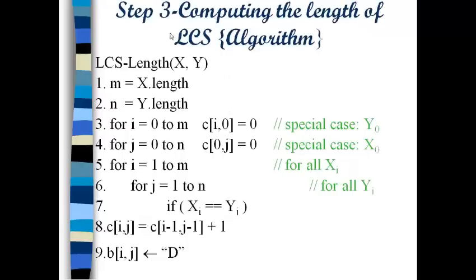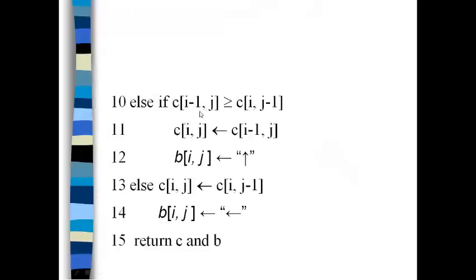Third, computing the length of the LCS, in which we compute the optimal solution value either top-down with caching or with a bottom-up table. We find the length of sequence x and the length of sequence y. We initialize our first row and first column of the matrix to 0. For i equals 1 to m, for j equals 1 to n, if both the characters or symbols in the strings match, we will add 1 to the length of the LCS of the smaller string, c of i-1, j-1. It will print the diagonal line. If both the characters or symbols in the strings don't match, we will choose the maximum value between c of i-1, j and c of i, j-1.